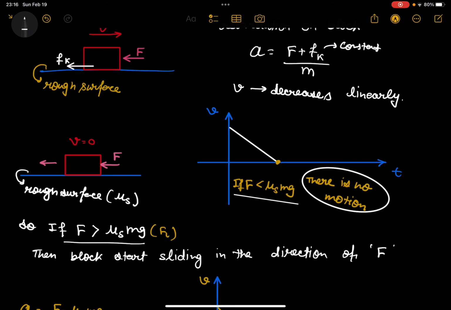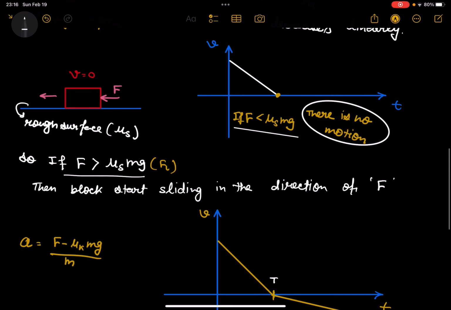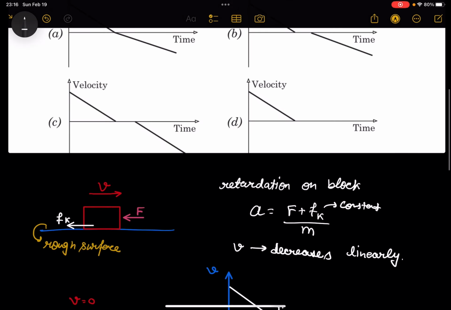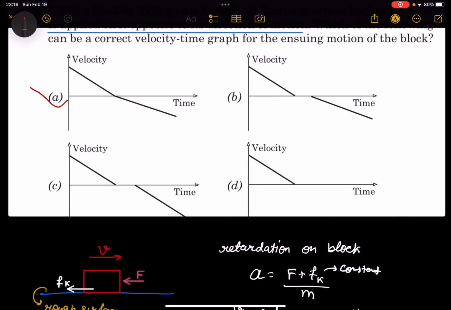If F is greater than mu_s mg, then of course sliding continues, and after a particular instant the velocity changes and goes in the direction of the force. But if F is less than mu_s mg, at this instant the block comes to rest and always stays at rest. So in my point of view, the correct answers are A and